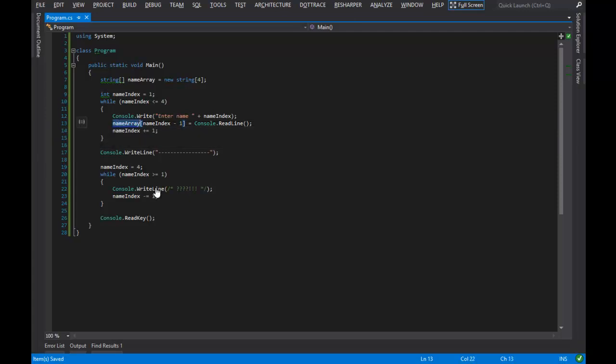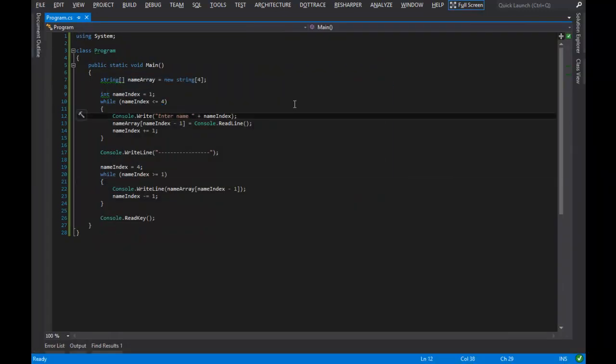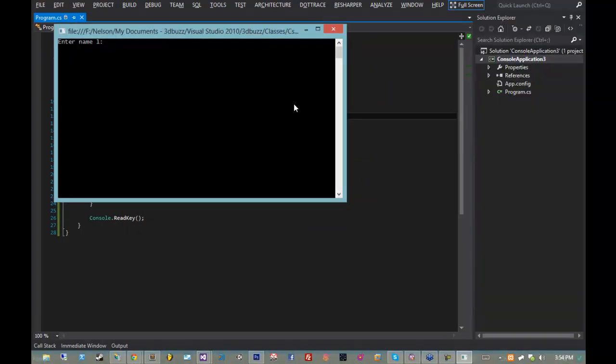Next up, on my line 22, this is another instance where we didn't know what to put in here because we had no way of dynamically accessing one of our variables. So what we're going to do is we're going to say name array at name index -1. Now I'm going to write this program and enter name 1. That looks ugly. There we go. Enter name 1,